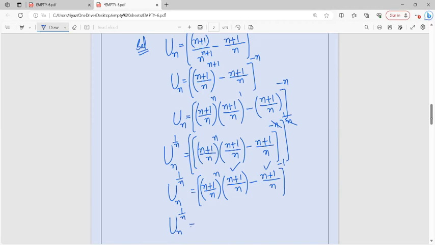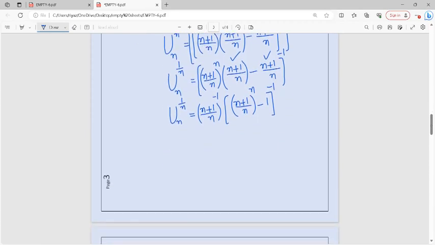u_n to the power of 1/n is equal to, you have to take (n+1)/n outside. To take common, what is left is ((n+1)/n) whole to the power of n. This term is already outside and this term is also outside, and you see, this will come outside along with the power minus 1. So now if we simplify further,